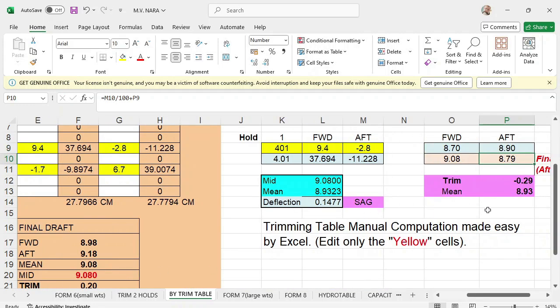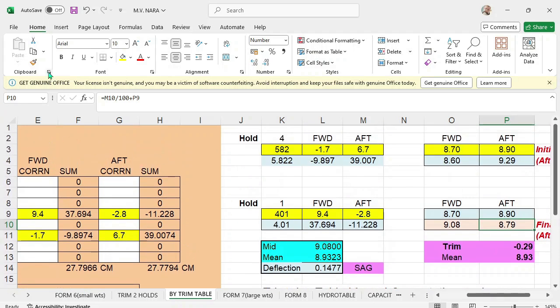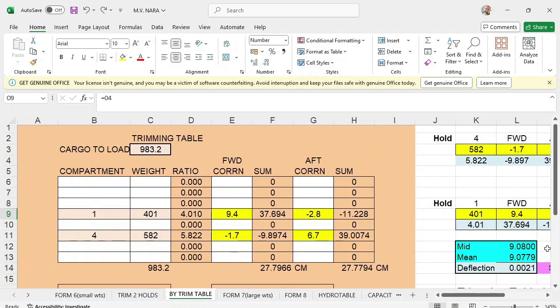So this is now your initial drop. Hold, I'm sorry. Undo. Here's your initial drop. Sorry, your initial drop is